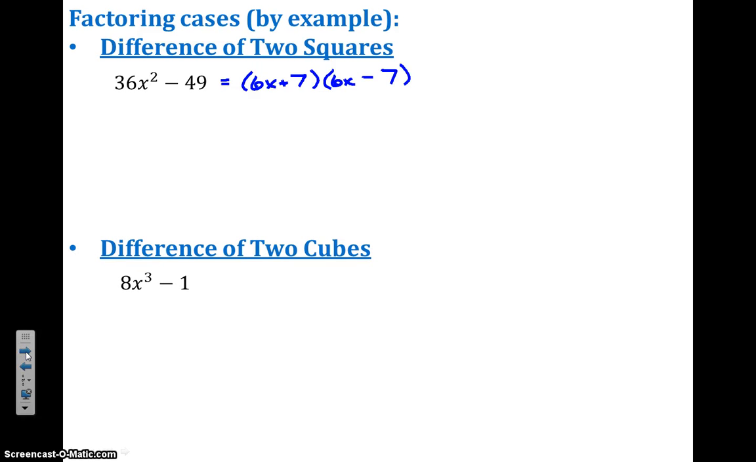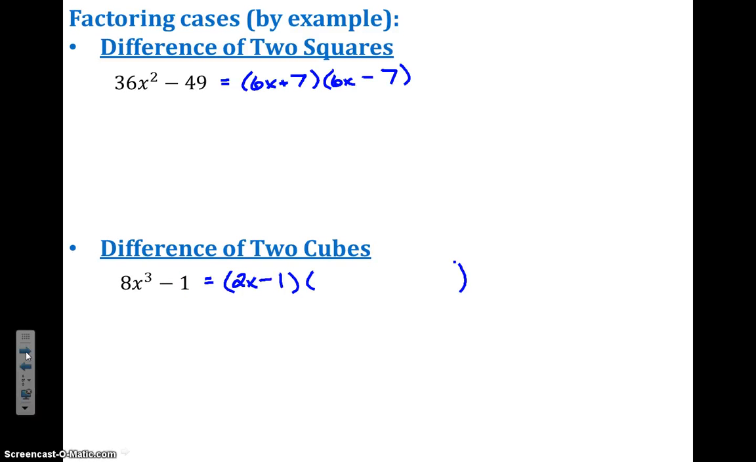Now here's a difference of two cubes. So this is one of the new ones. So if I'm looking at this, I want to have a binomial and then my trinomial. If I think about what is the cube root of this term right here, that would give me a 2x. If I look at the cube root of this term, that would be 1. Cube root of 1 is 1. So then I know that the signs have to be the same, so this is going to be a minus